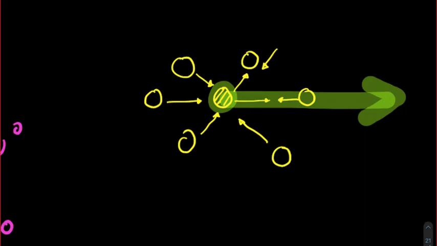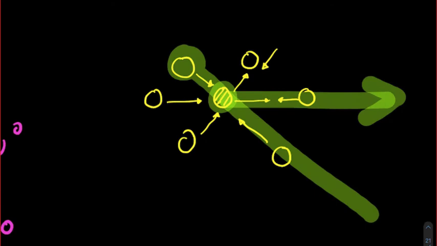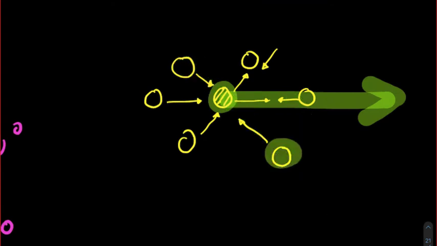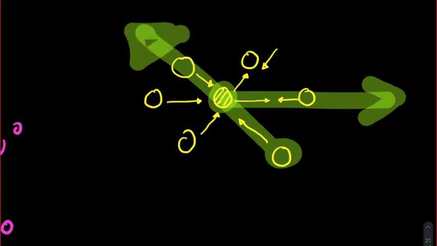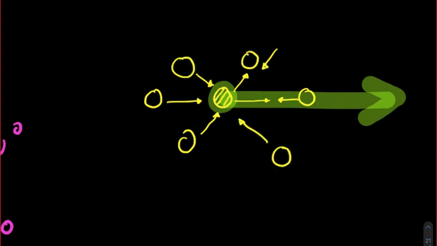I hope you got that point. Same way, let us consider this particle is moving this way. What is the angle between them? Again, it is somewhere between 0 to 180 degrees. If I take this particle, it is moving this way, making a collision. Again, the angle between them is 0 to 180 degrees. Collisions may happen in all 360 degrees, but the angle of the collision between the two particles will always vary between 0 to 180 degrees. That is what I am trying to tell. Is it making sense now?